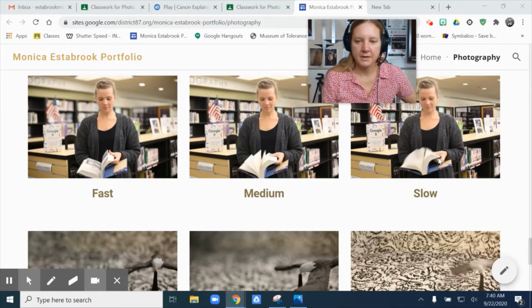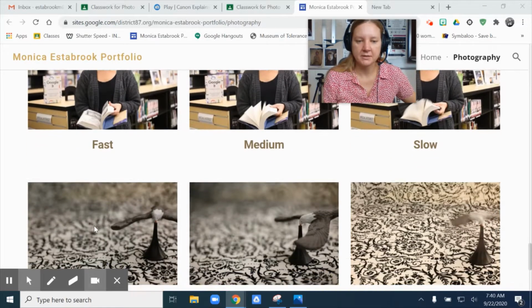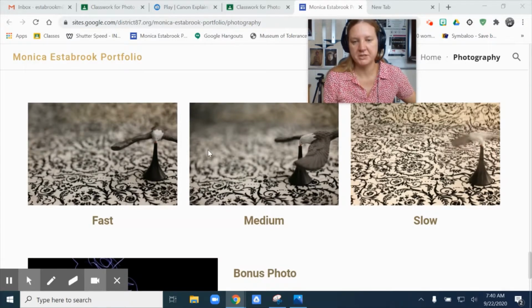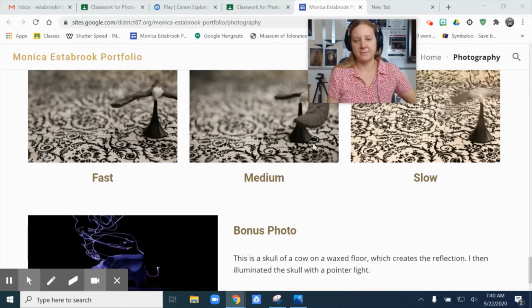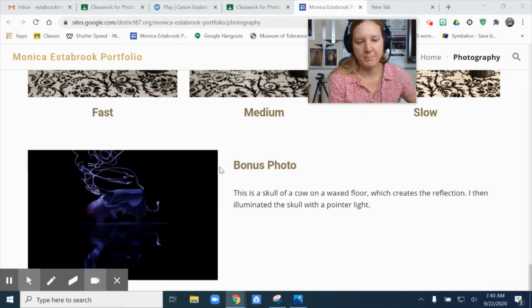So 6 images are required for this unit. You're going to have 3 across for the exact same composition and 3 across for a different composition with the same type of settings. And then for a bonus, you can do a